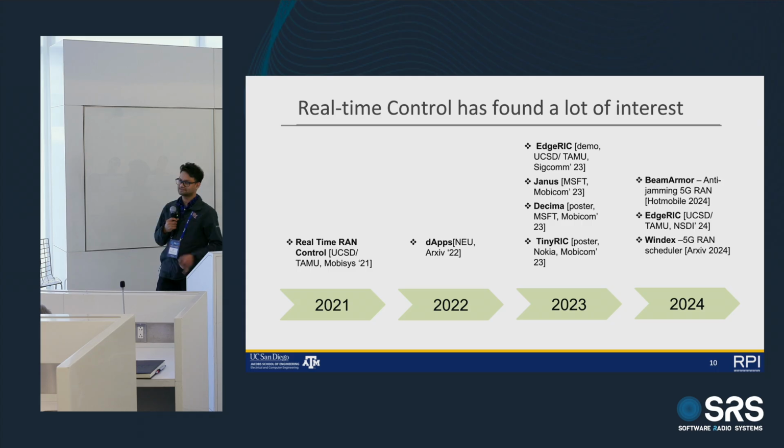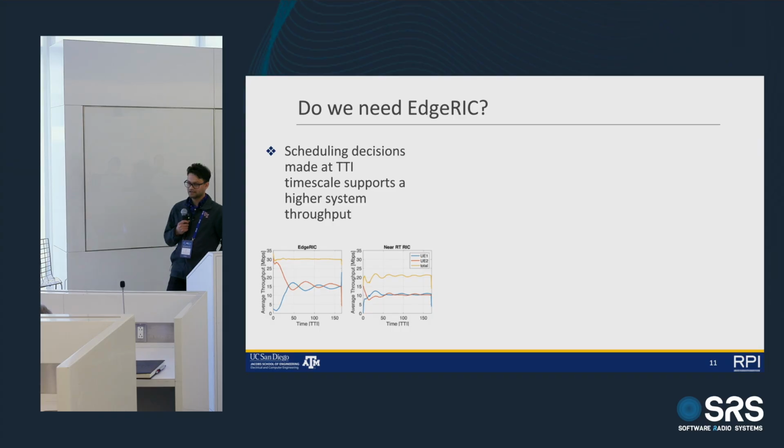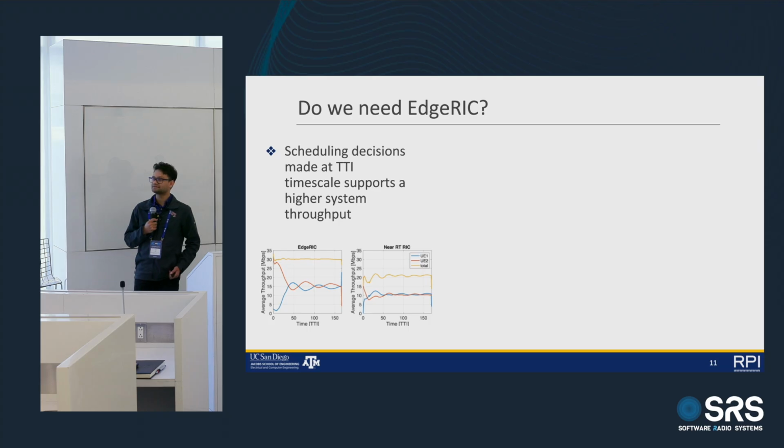So we'll talk about how this architecture works, and we'll mainly focus on the Edge RIC architecture and how it is built on the philosophy of ORAN compliance. So why do we need Edge RIC? I think this slide shows some of the results early on. These are reinforcement learning based schedulers that we built on Edge RIC to motivate that really, if you don't have real-time control, then building some of these applications would not have been possible.